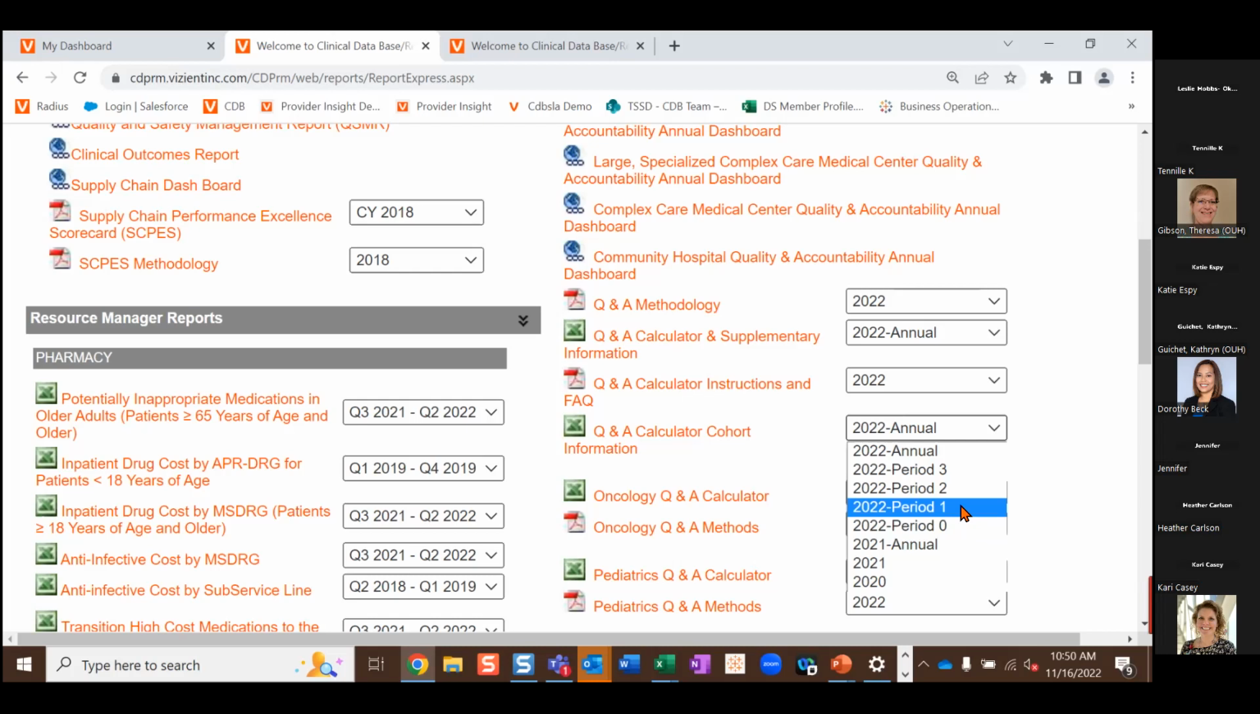The other thing I should tell you is that the Q&A scorecard is a mid-year cycle. We start with July 1 data and go through June 30 data. So for the upcoming scorecard that's going to be released next year in 2022,